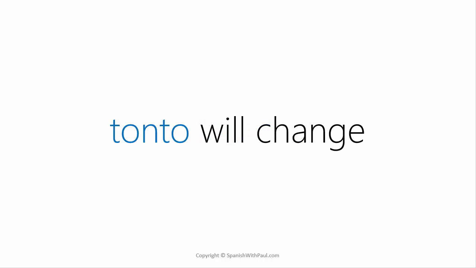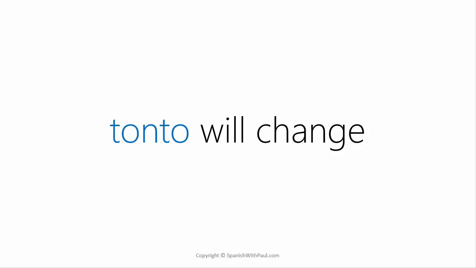Let's begin with our first example word, and it's going to be dumb. To say dumb in Spanish is tonto. Tonto. Now, the thing to bear in mind is that tonto will change depending on whether you're talking about a male, or you're referring to a female, or you're referring to plurals. So let's put all that on one slide.